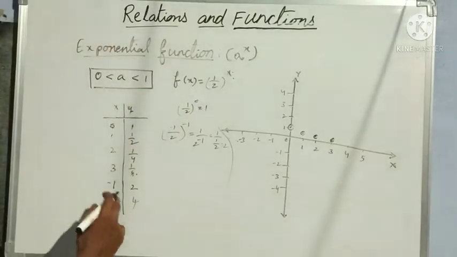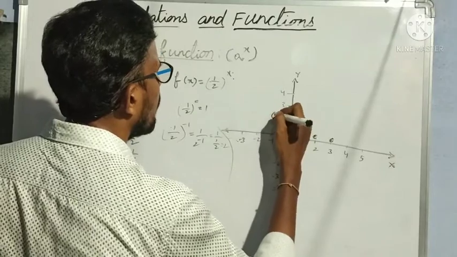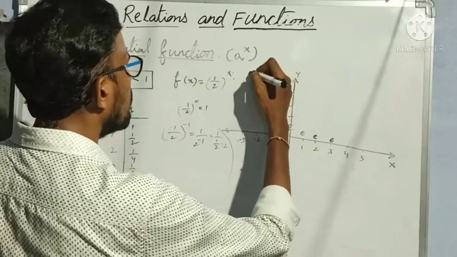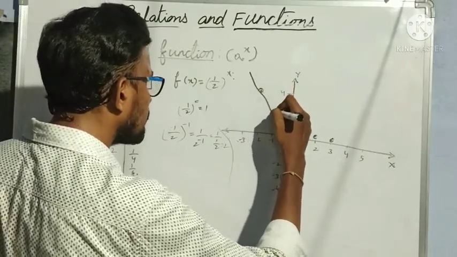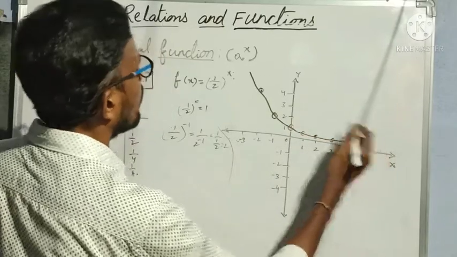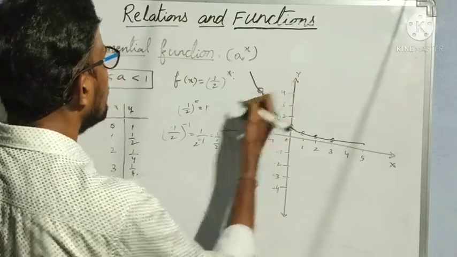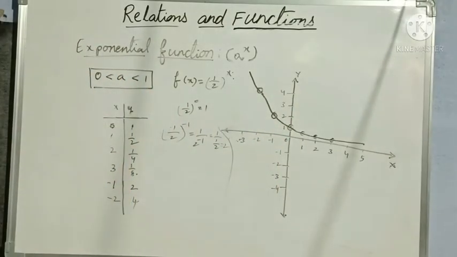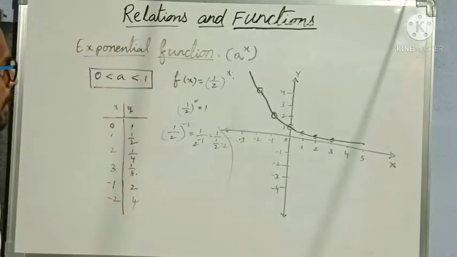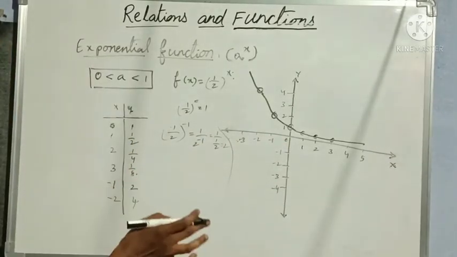Clear? Next, when x is equal to minus 1, y is equal to 2, which means here. When x is equal to minus 2, y is equal to 4. So now my graph will be like this. Clear? This is my exponential function when 0 is less than a is less than 1. So now let us see whether this function is 1-1, many-1, onto or into, even function